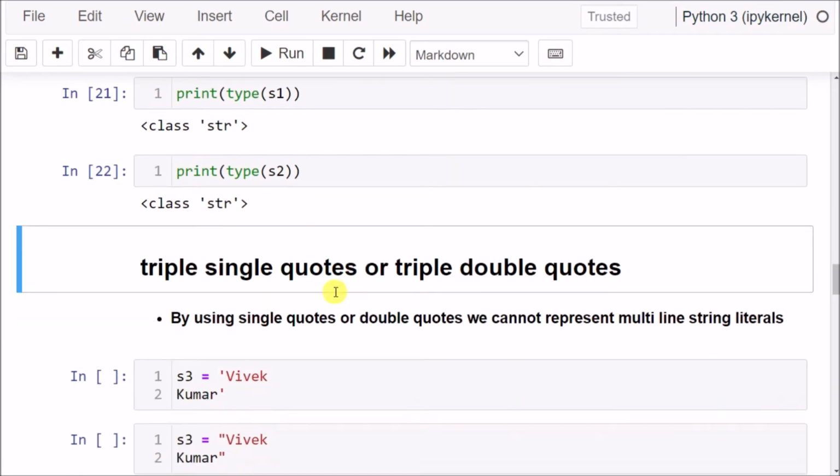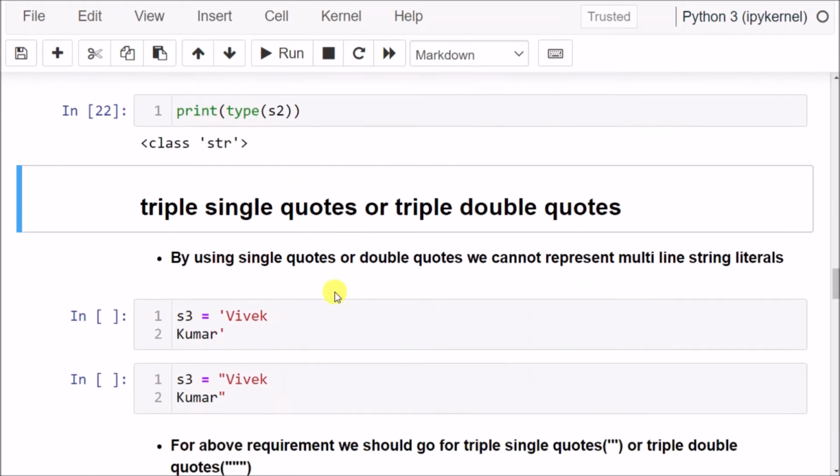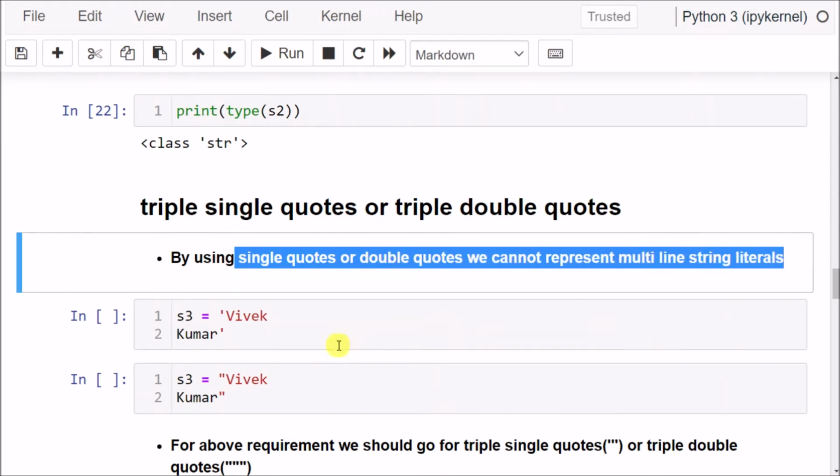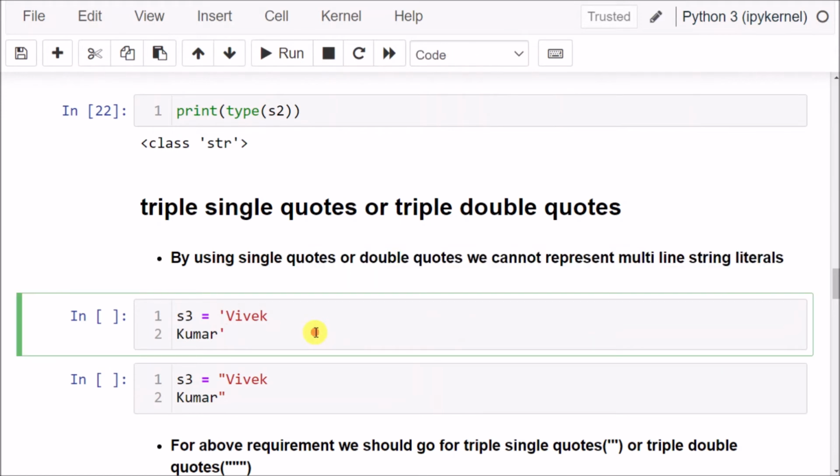Now for triple quotes, triple double quotes. By using single quotes or double quotes, we cannot represent multi-line string literals. Multi-line means, for example, Vivek in the first line and Kumar in the second line.